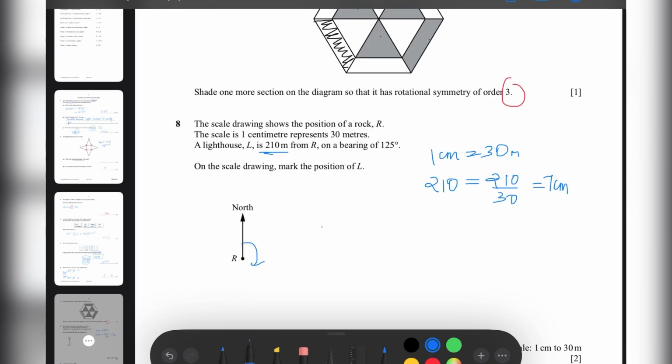You take your protractor and measure around 125. Okay, I'm just doing it roughly, but you have to use your protractor while doing it. So it's 125, mark it, and draw a line like this. Then with the scale, take 7 centimeter and mark that, and that point will be L. Okay,